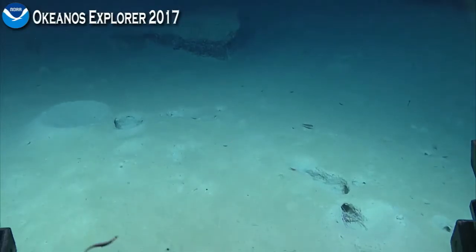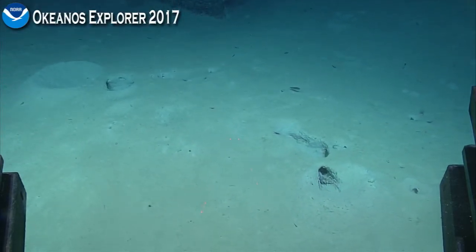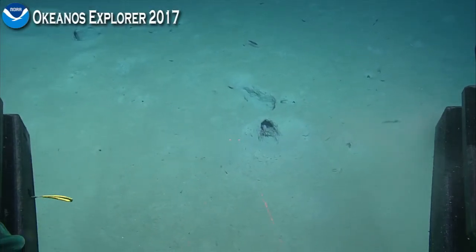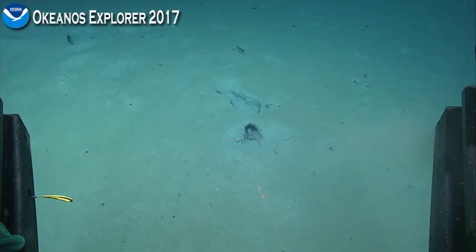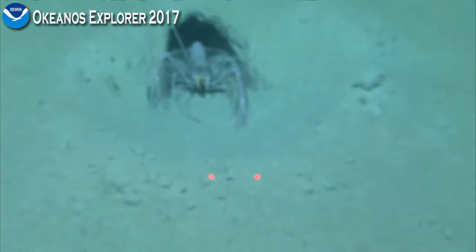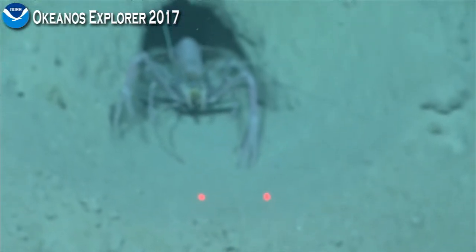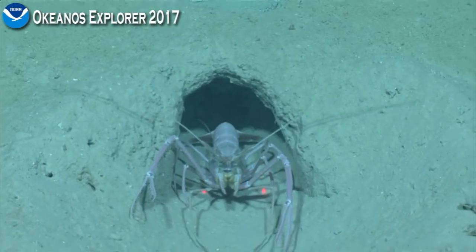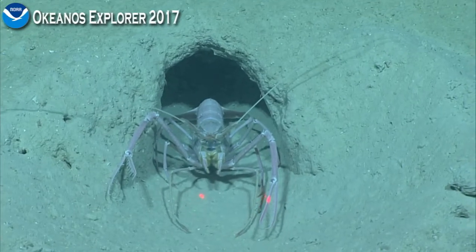Sorry to interrupt. There's another Acanthacaris, and we're coming up on our first hard bottom. I saw what looked like possibly a chrysogorgiid gorgonian off to the left. Here's one in a typical posture, the Acanthacaris sitting at the front of its burrow, with those